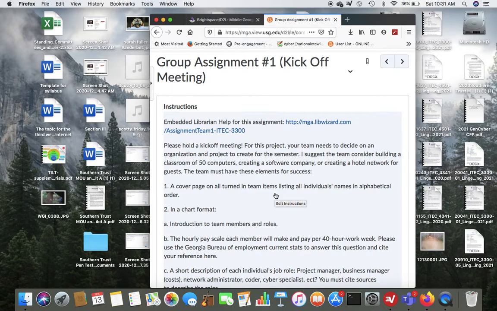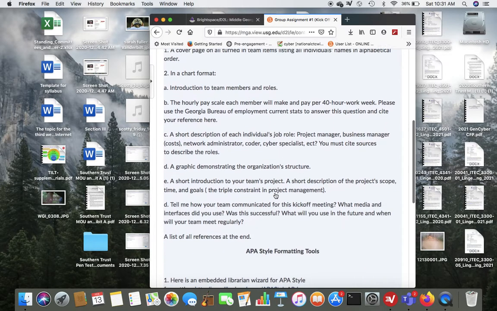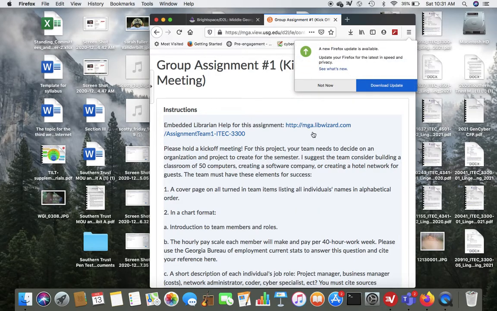I will extend the assignment due dates if you need it, since some of you are having issues trying to connect to other team members, and I just want to make sure that everybody is on board for this. Okay. And if you have any other questions on this first assignment, let me know. Each group assignment is going to add to each week. We're going to have a different group assignment to create the overall project plan. And at the very end, then you'll create a presentation to present your plan.